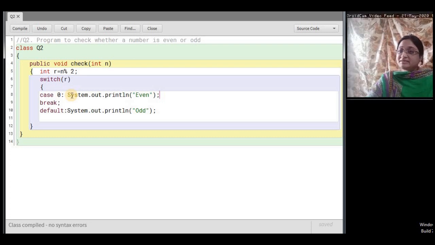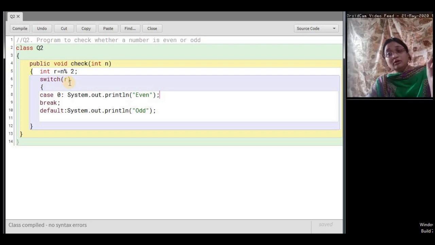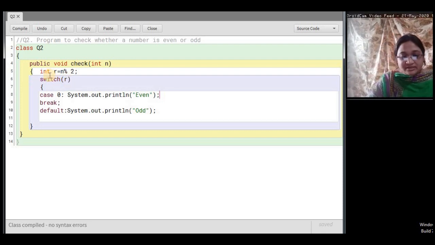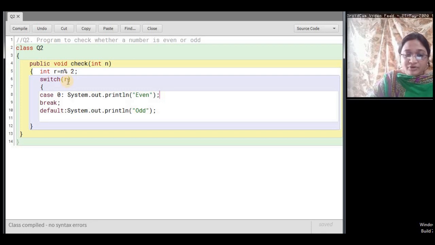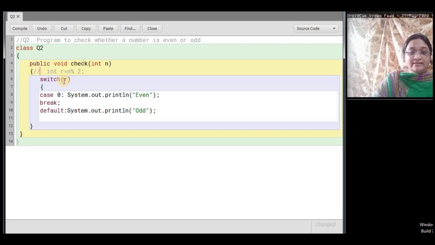Now, when we were seeing the syntax of switch case, we saw that after switch we can give a value or expression. Instead of writing r here, we can directly write the expression n mod 2.